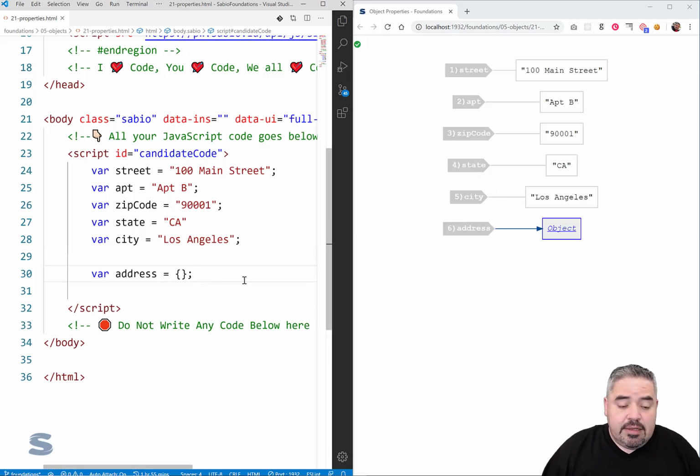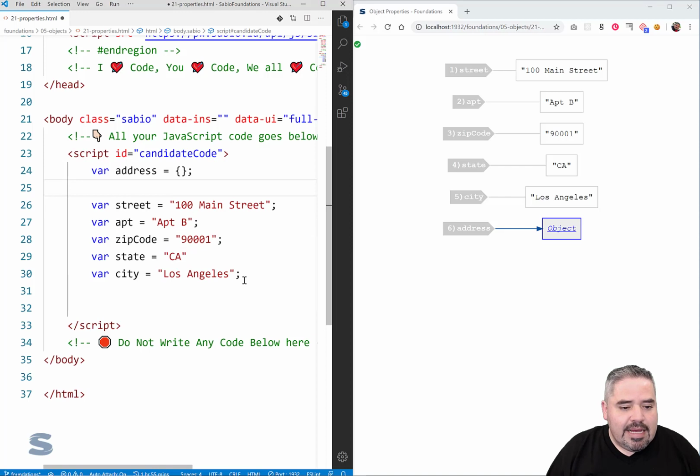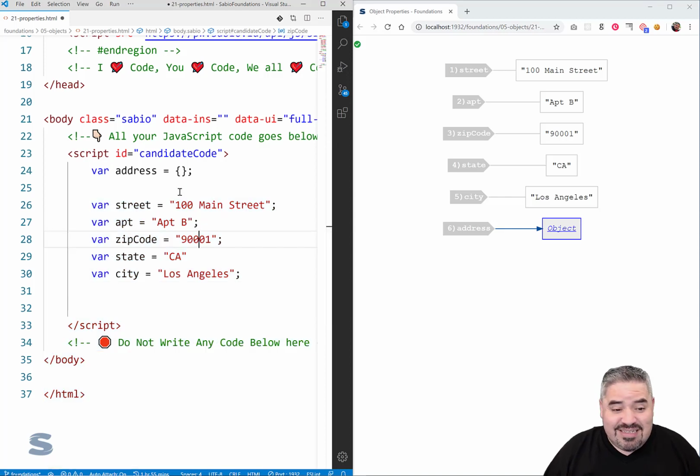What we want to start doing, and look, there's more than one way to do this, I'm just going to reorganize this a little bit. I'm going to put my address at the top. Instead of saying var street is equal to 100 Main Street, which actually creates a separate variable, a separate address in memory where this is stored, and a pointer called street that points to it,